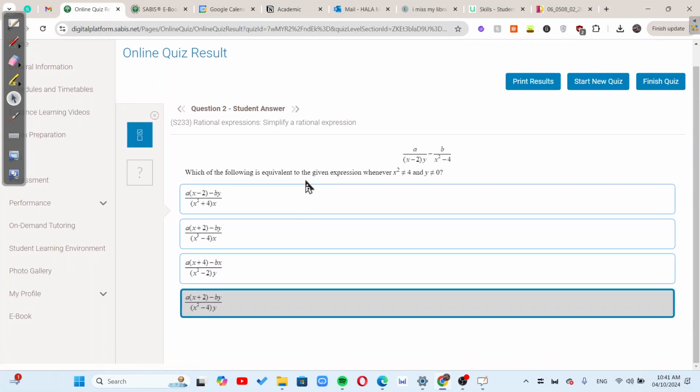Okay, so this is grade 7 or grade 9 material, so we're going to solve it. It shouldn't be hard. So let's look at both denominators. First thing you need to do is figure out your least common denominator, your LCD. In the LCD, you need every factor of the denominator written only once. So here you have an x minus 2 and a y, and this you have to factor. So what's x squared minus 4? 4 is 2 squared, right? So practically what you have here is x squared